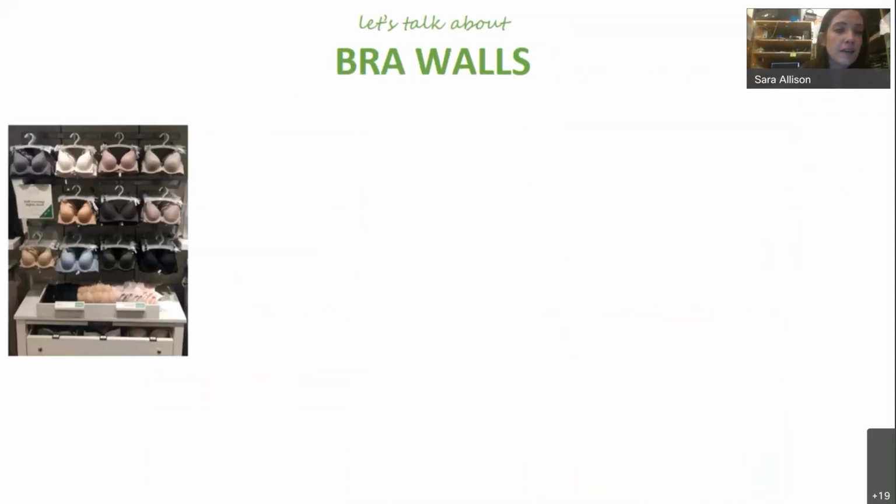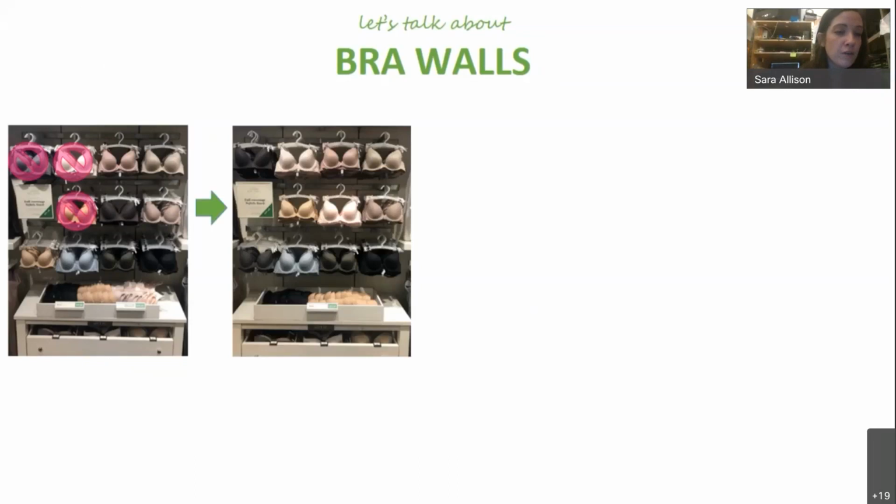All right, so last, I think, key presentation we're going to talk through is a bra wall. So this is a standard adjustment for a bra wall. So essentially, bra walls are set up in 4 split sections, which is 1 bay in your store. The max amount of face outs we have is 4 across. So if we started to sell through in a couple colors of bras, and we'll say this is all one frame here that we're seeing, so one style of bra, then I would probably go to pulling the ones from the tray first. So you see I've got a few colors down there in the tray. So I pull those up to hanging to keep a really full presentation here.